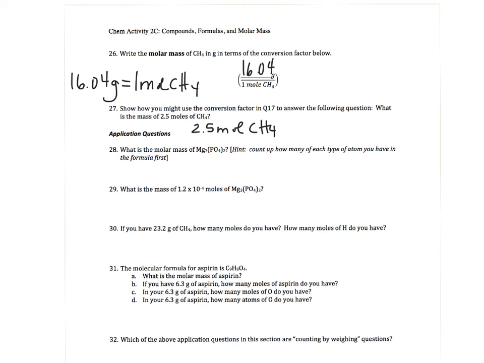what is the mass. So we need something that relates moles, which is what we have, to mass. Fortunately, we have something, and so we're going to set this up. We're going to make sure that moles of CH4 are on the bottom and grams are on the top. We can see that we've got to put the 16.04 with the grams and the 1 with the moles, because that's what we came up with when we calculated. It came from this, so the 16.04 needs to stay with the grams. And so what we get numerically is 40.1